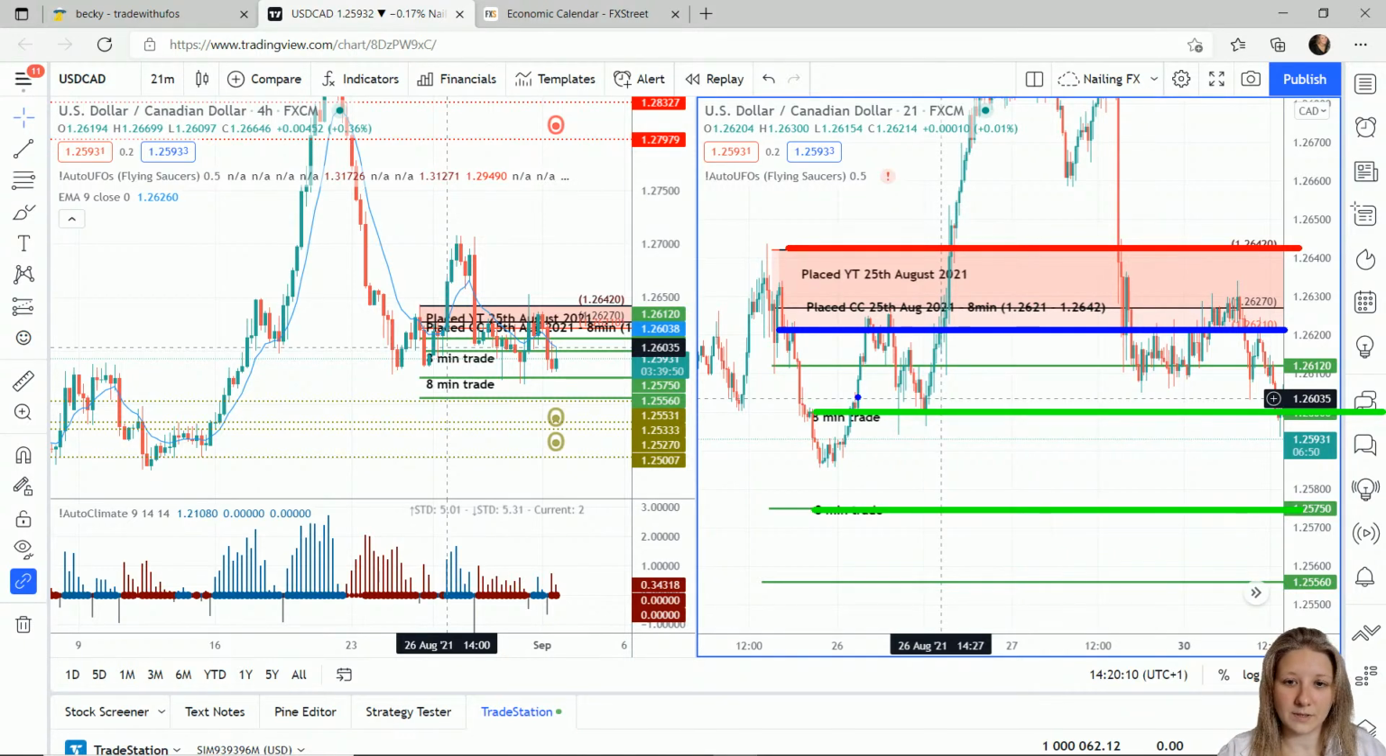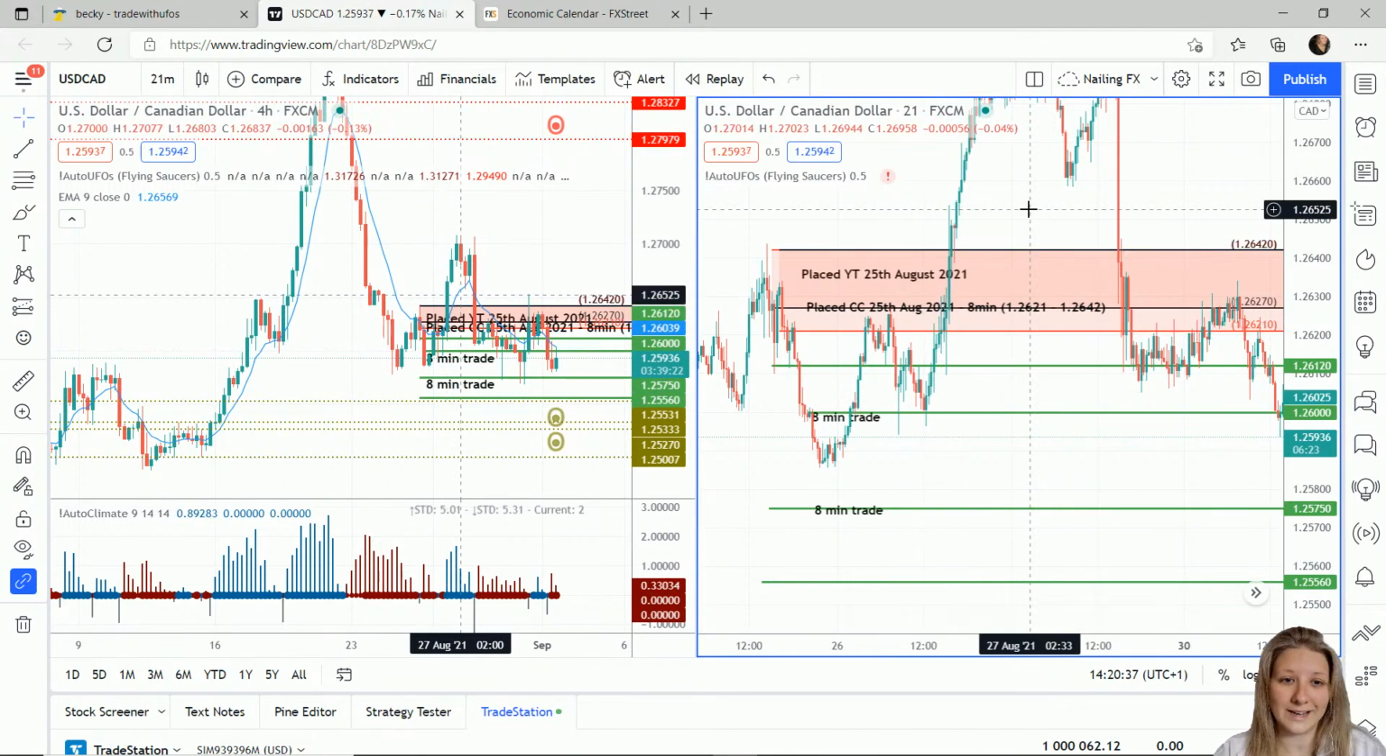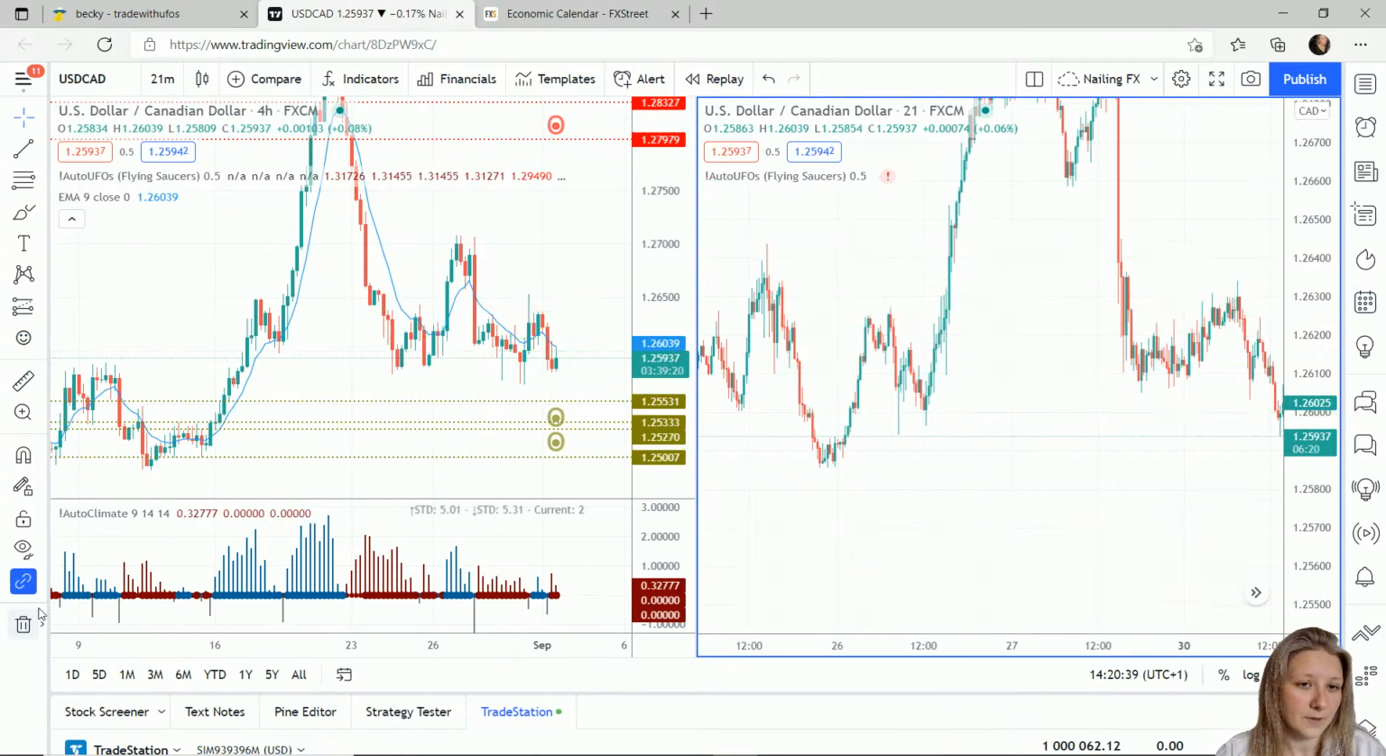And again, as we see, price came in, hit us, entered, hit our safety target, then went against us and stopped us out. So overall, two break-even trades there from last session on the US dollar, Canadian dollar. So let's get rid of those now. Then we'll look at